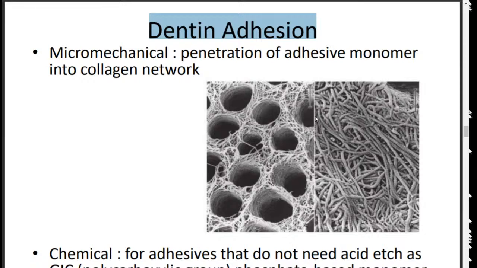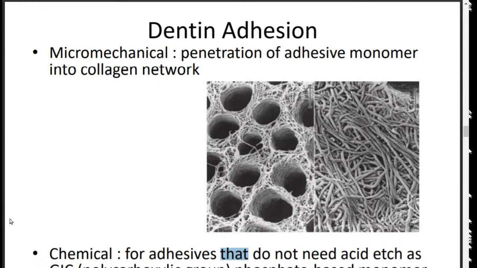The micromechanical is the penetration of adhesive monomer into the collagen network. And the chemical is for adhesives that do not need acid etch,